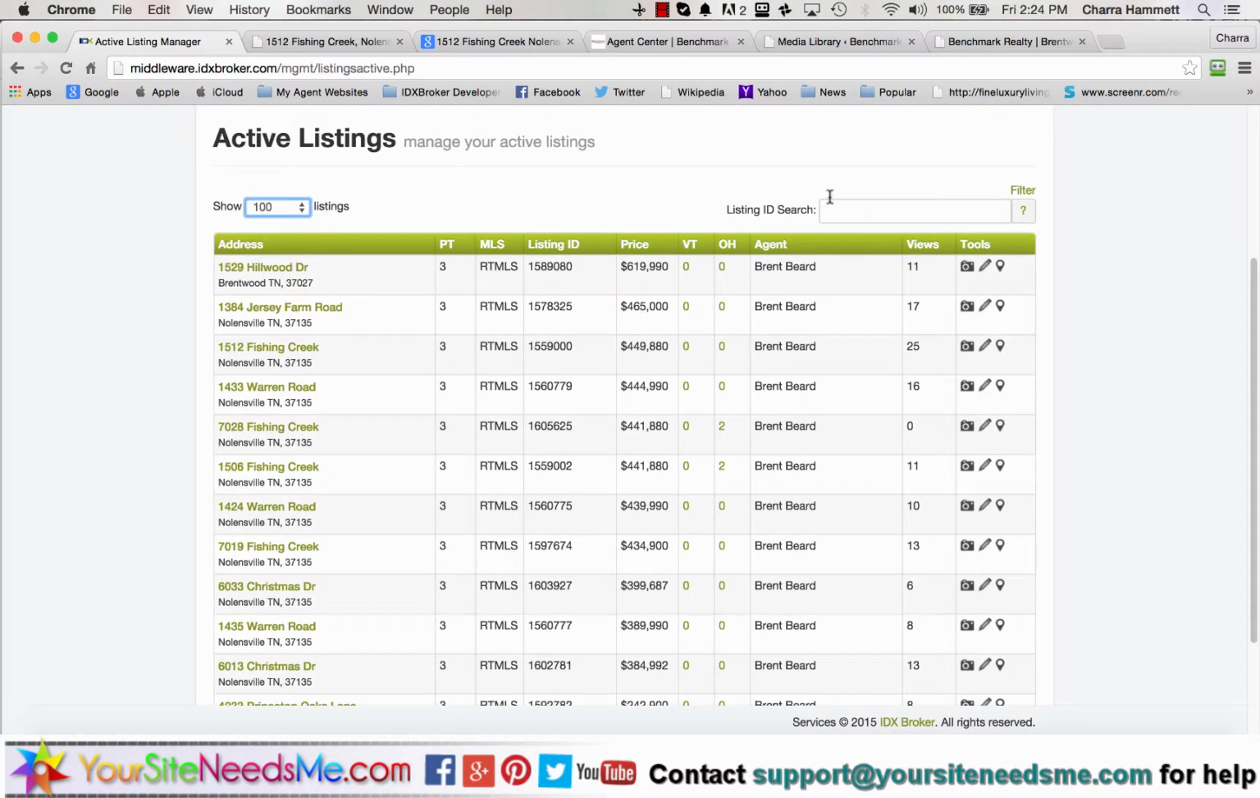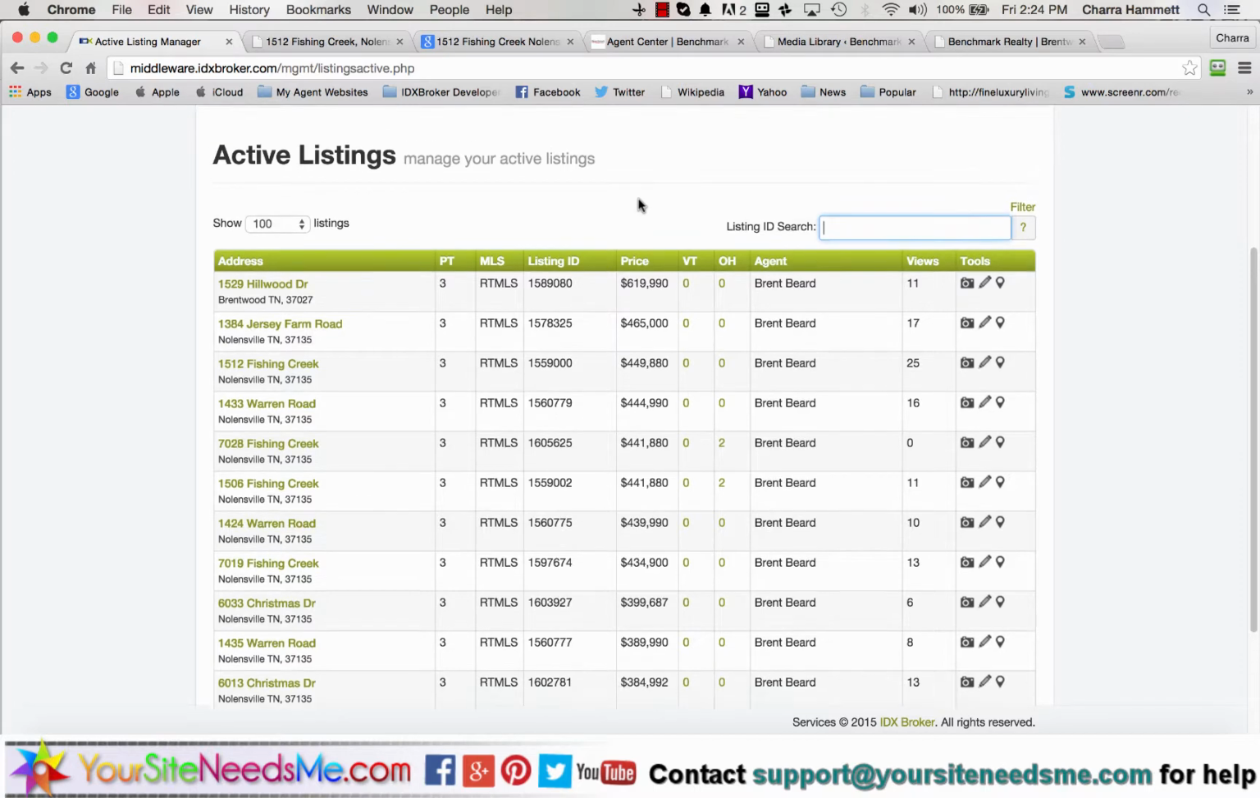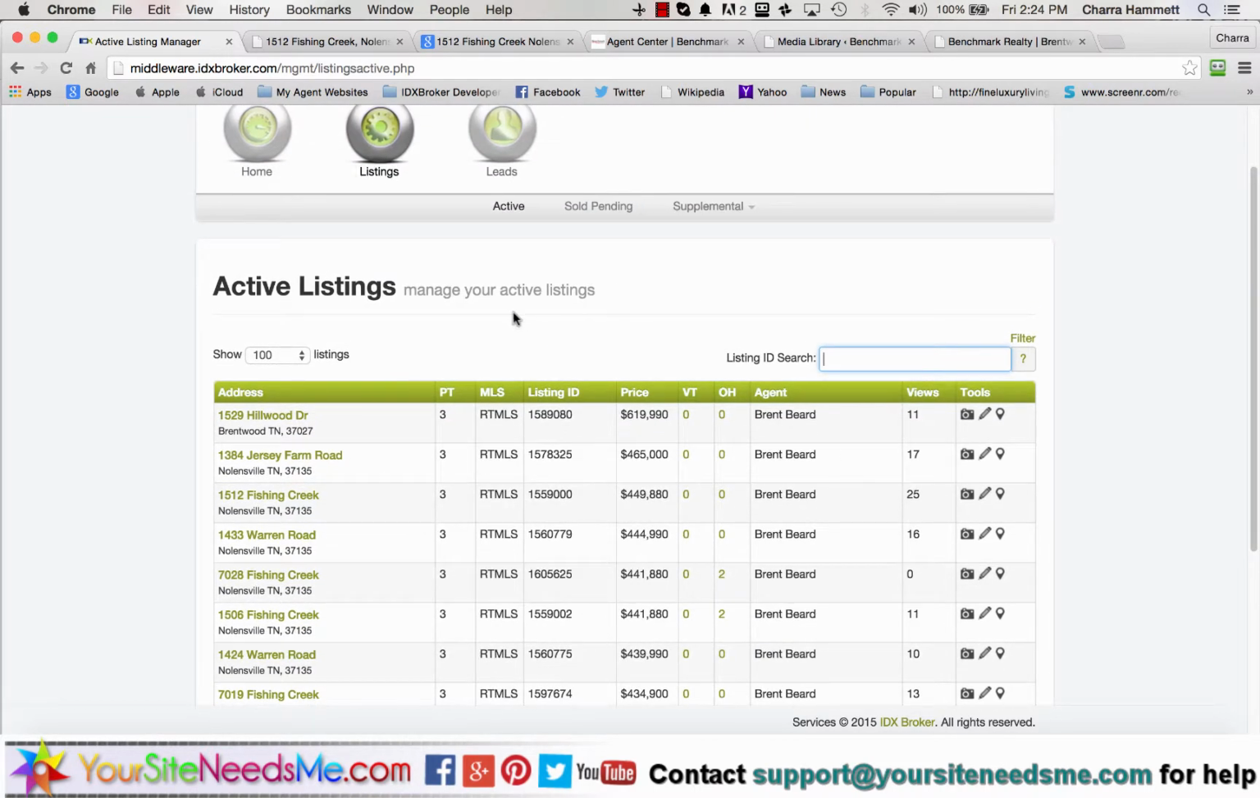And if you have quite a few, you can do a listing ID search here if you're looking for a particular listing. Now, your MLS may limit the amount of information that you can put in for a listing. A lot of people will cut off the amount of comments that they put in, or they may only put in a couple of photos. And it's really important that you have more information on your website than other people do, because if somebody finds